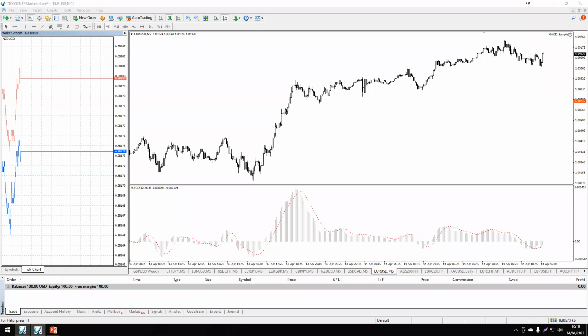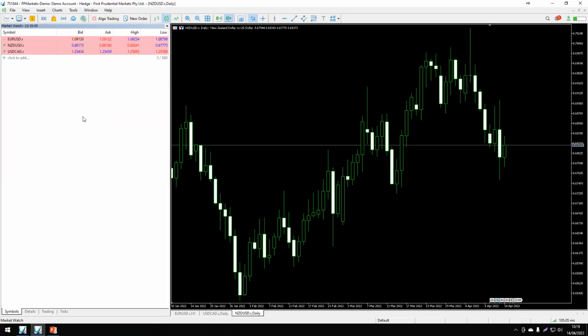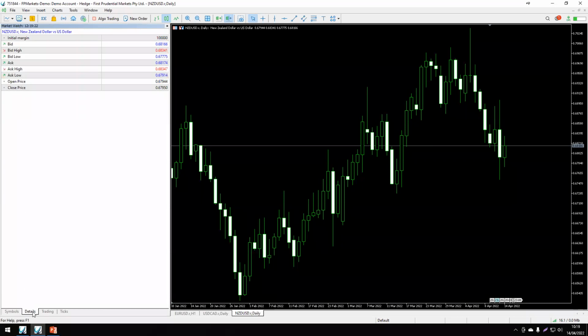But with MT5, as we're going to move over to MT5, we do have a few additional features. So kicking off with the tabs below. Symbols, exactly the same as we had in MT4, so I won't go over that again. All it means is simply the symbols you've selected for your Market Watch. Details. Now, this is a new one. This is new for the